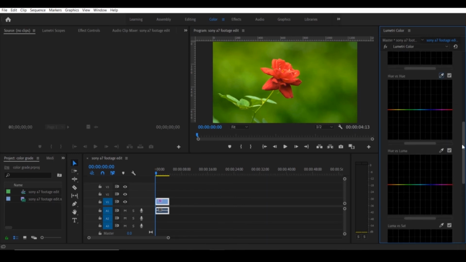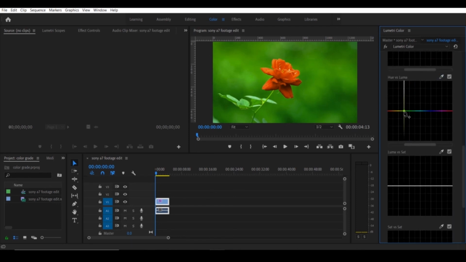Now this is hue versus hue. These graphs will both depend on hue. So we have already selected hue, but I think I need to give it a more green look, so I will select this. Okay, this is what I selected, and the next is hue versus luma, and here I will select. Now this is going to make my video look darker, because luma makes it darker or extra bright. So I will select a bit darker look, but I will select the same greenish look to make it more natural. Okay, so this thing is ready, and the last is luma versus saturation.